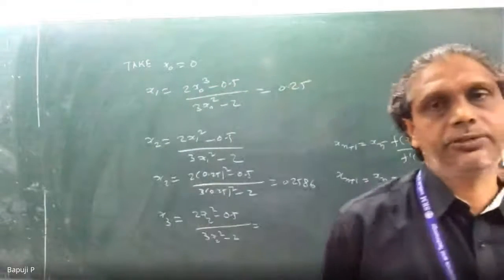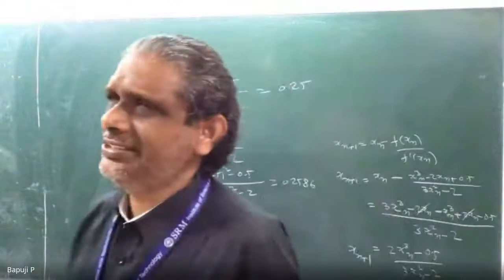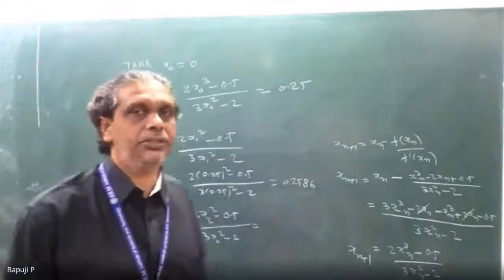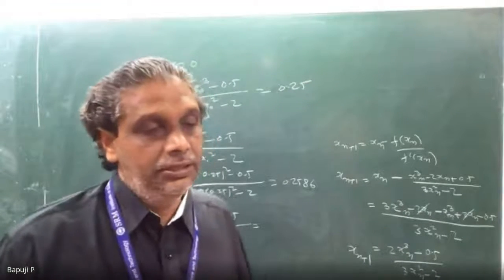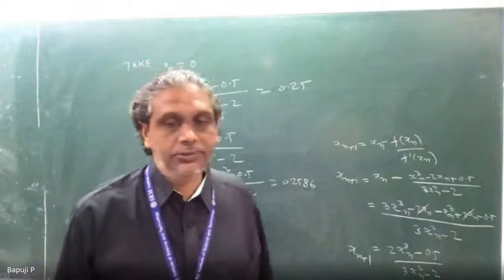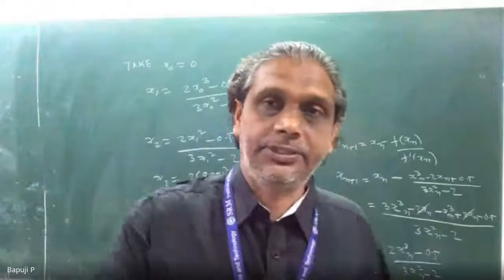0.2586, then I will stop the root. Go back and check in the solution. 0.000 means you can stop. Otherwise, sometimes while doing the iteration, oscillation may come. Just check at the previous value. 0.000 means you can stop at the solution. Sometimes it will reach the solution and then start oscillating.